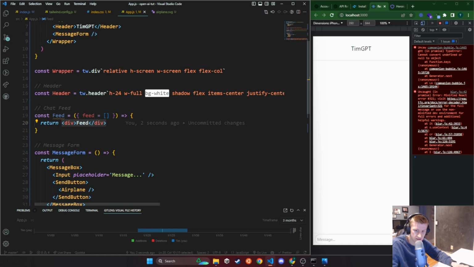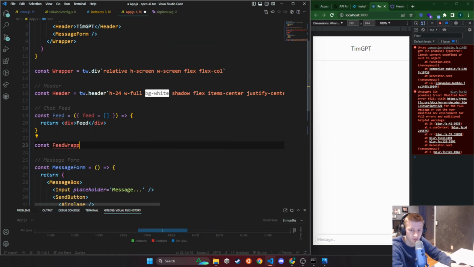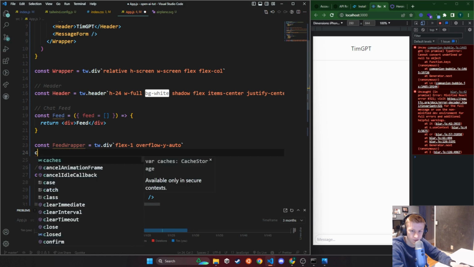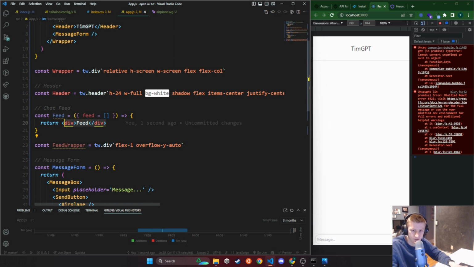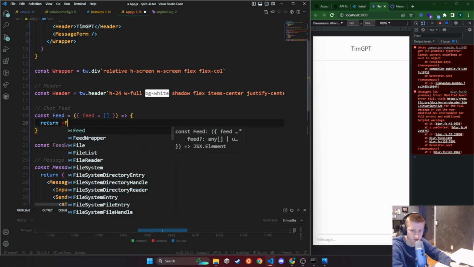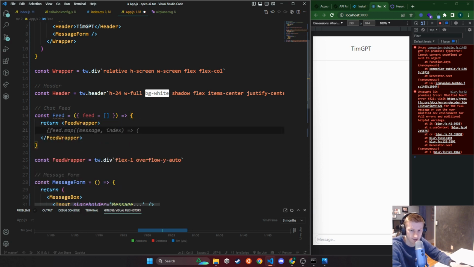And so we're just going to give this a const feed wrapper equals tailwind.div. That's what we want, and then we can say const, and we'll actually get to that part later because I'm not exactly sure how we're going to do it yet. So when we start getting the messages in, then we'll be like, okay, now we know what we need to